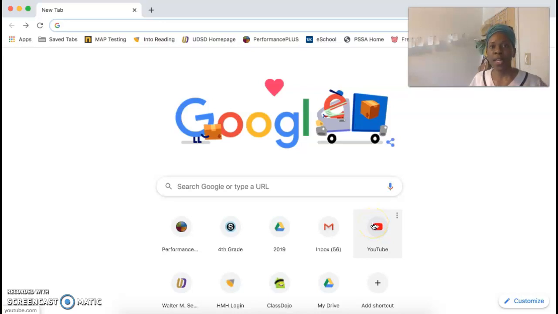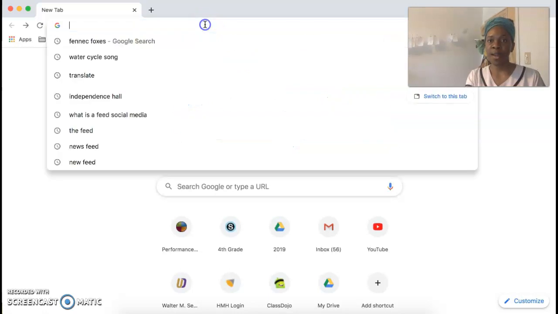Hello everyone. In this video, I want to show you how to get to Google Earth and get the page set up and customized so that you're ready to do the exploration of the latitude and longitude lines for the social studies activity. So the first thing you need to make sure you do is have your browser open, and it probably is already. So you're going to need to get to your browser bar and type in